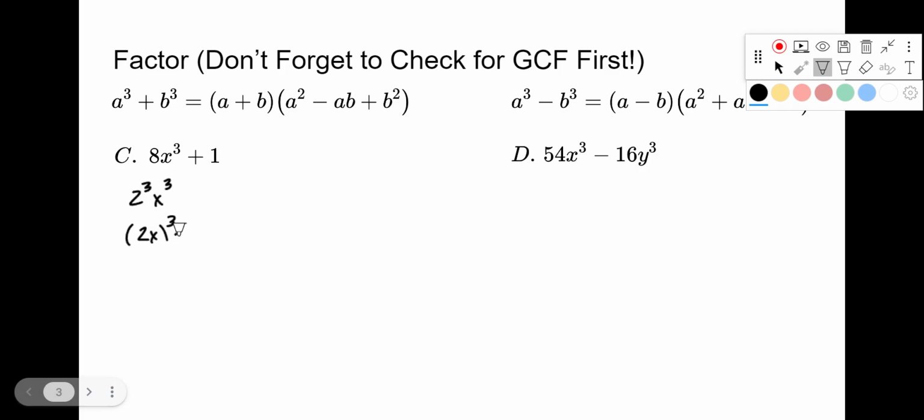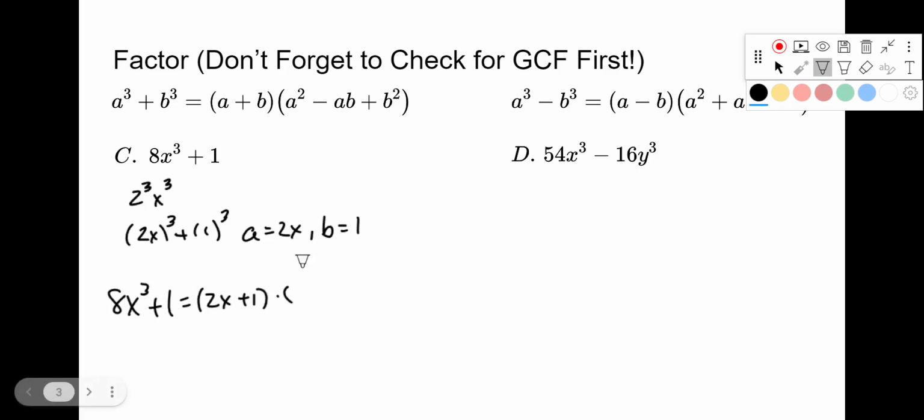Plus 1. What's being cubed to make 1? Well, just 1. 1 cubed is 1. So that means A is now 2x, a little fancier. B is 1. Okay, so now we're going to factor. Here we go. 8x cubed plus 1 will factor as A, keep this sign, plus B. So 2x plus 1 times